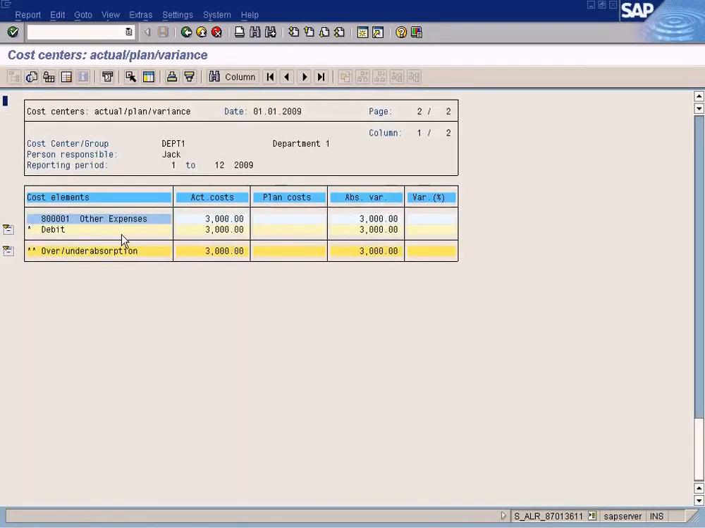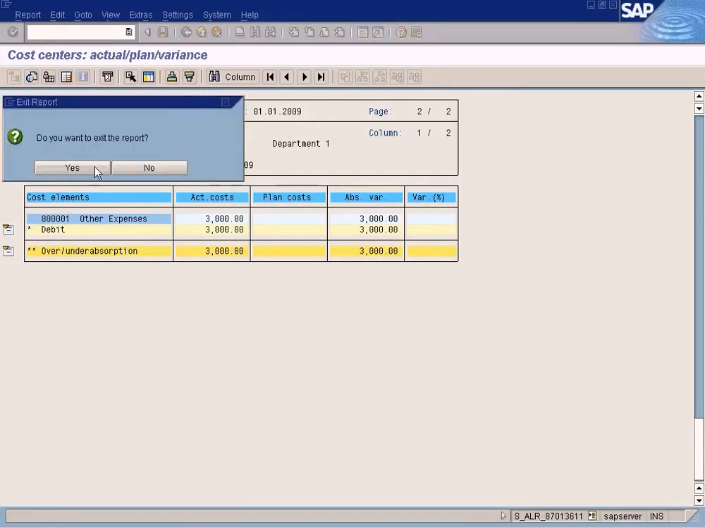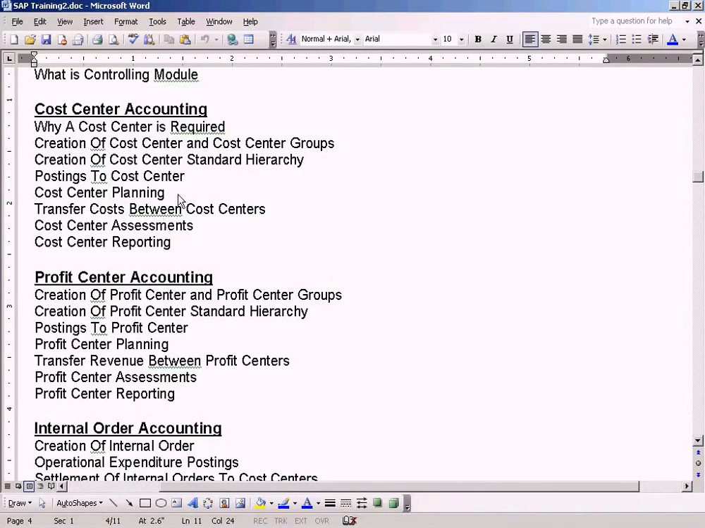Alright, can you recognize this structure here? This is a structure that we have created using the standard hierarchy, so it's displayed accordingly. If you want to view only department 1's value, just erase that and enter department 1 in the values and execute. You will see only department 1. Alright, this is only for department 1 over here. Now that's the end about